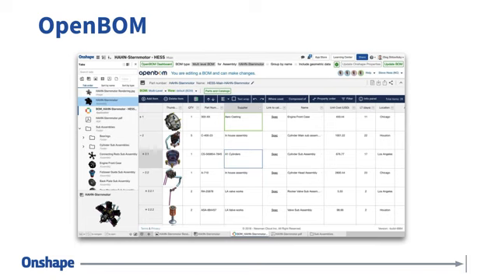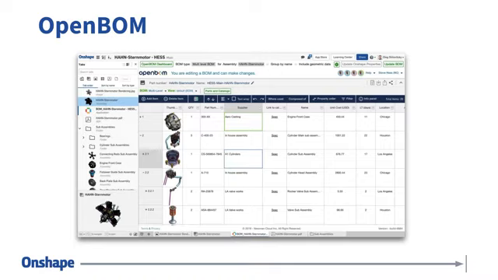So in a nutshell, OpenBOM is available through the App Store. I think you're pretty much familiar with the App Store and how to get the application. When you get the application, you will see what you see now on the screen. You see OpenBOM completely integrated inside of Onshape. So you get a full Onshape experience, Onshape documents with tabs, where a bill of materials is completely integrated. But at the same time, OpenBOM users don't necessarily have to use it through the Onshape interface. You can go on the web browser and get OpenBOM directly from the browser, which brings a lot of flexibility in the scenarios that we can support.